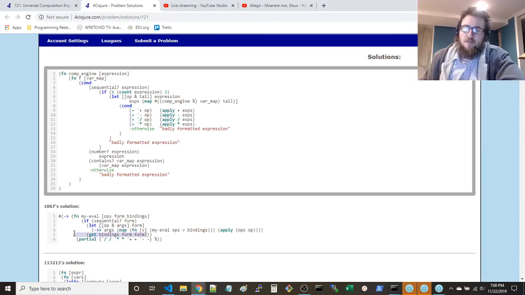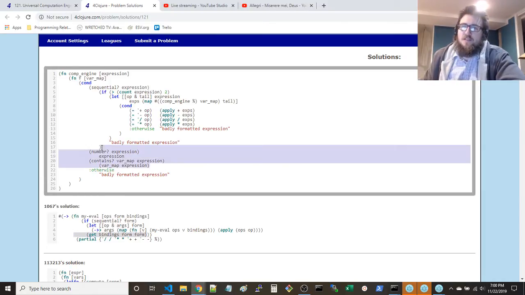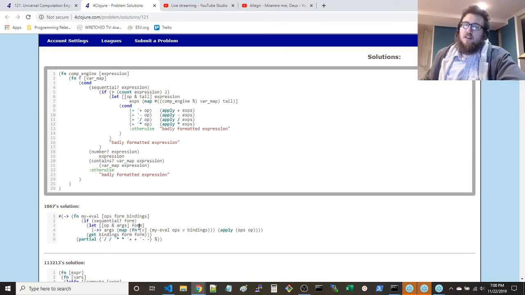So that was a clever way to combine these two. But obviously there are no badly formatted checks to be found. So this would be assuming that you've already checked that the format of this expression is correct,